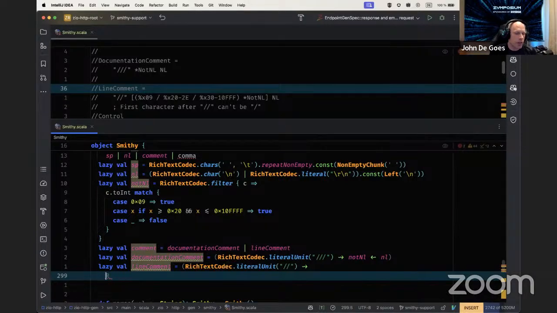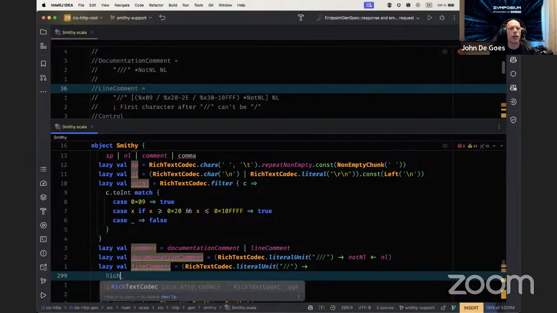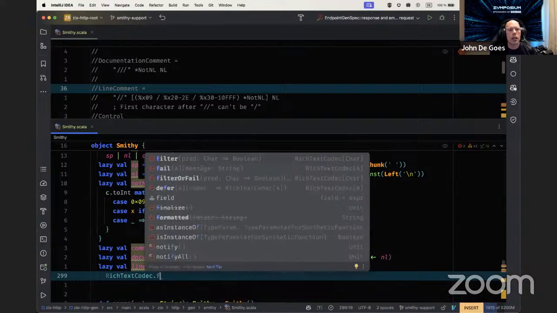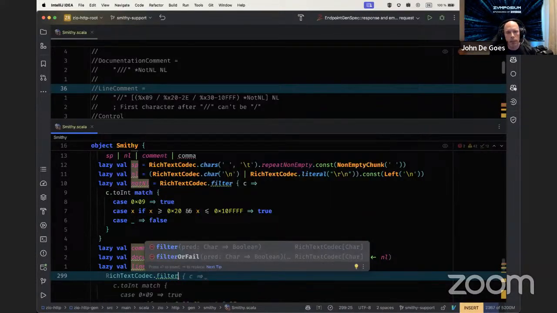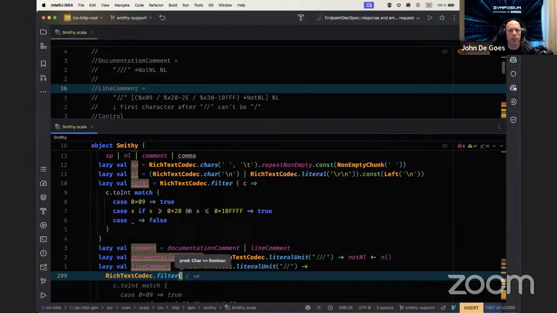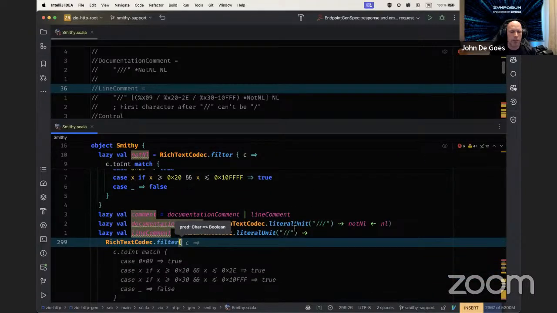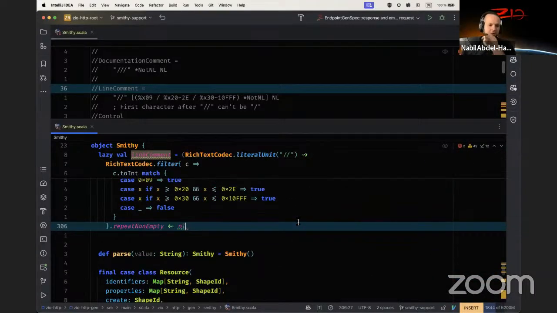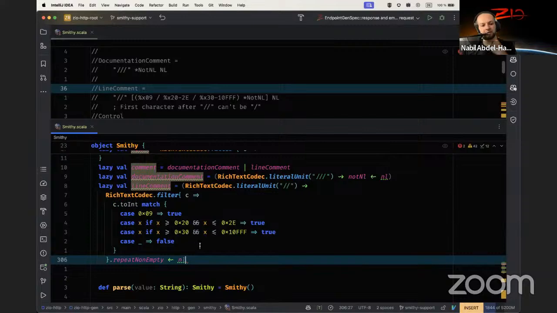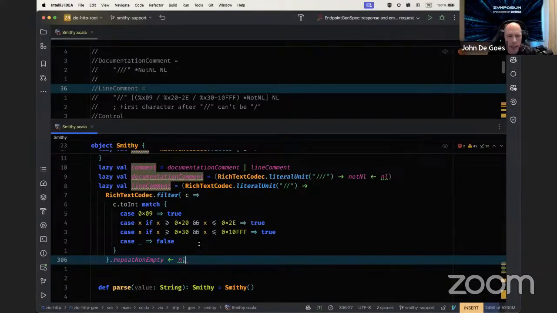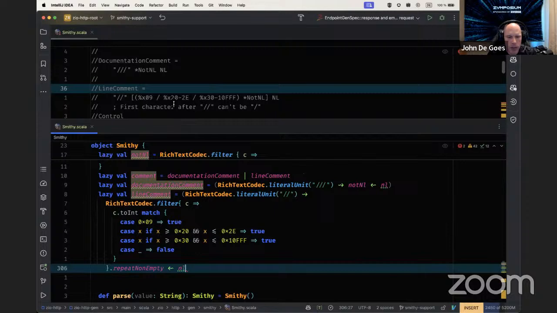So this one's going to be rich text codec dot filter. Yeah, that looks better. 20 to 2e, and then 30 to 10ff. Okay. So one of those,